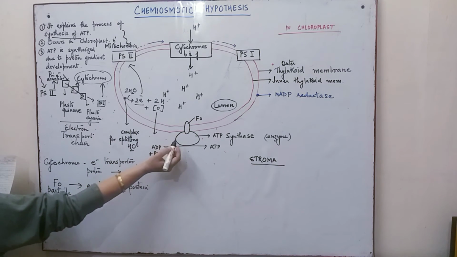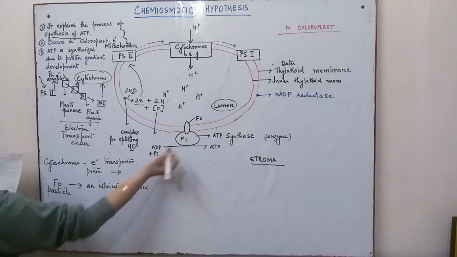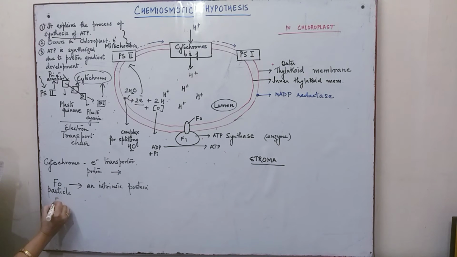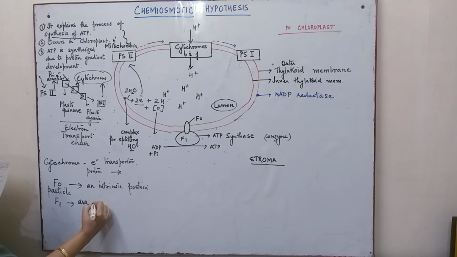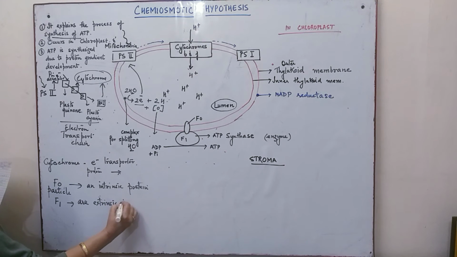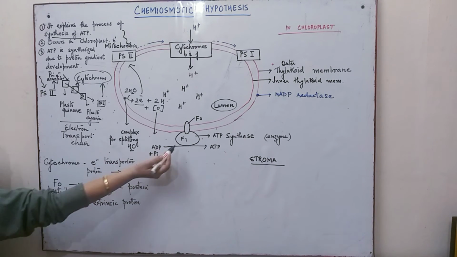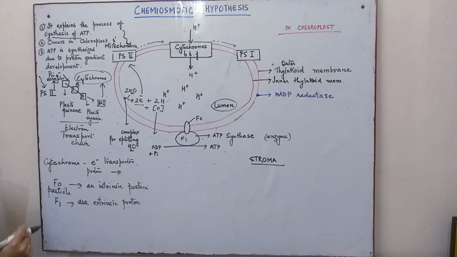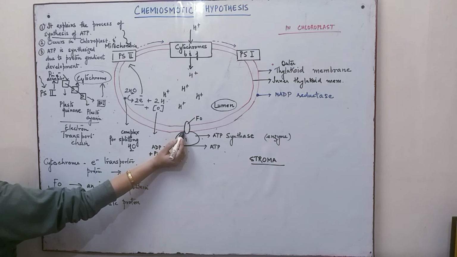It has another particle, which is the F1 particle. F1 particles are extrinsic proteins. These extrinsic proteins are actually ATP synthase, which is an enzyme, and it protrudes out from the plasma membrane